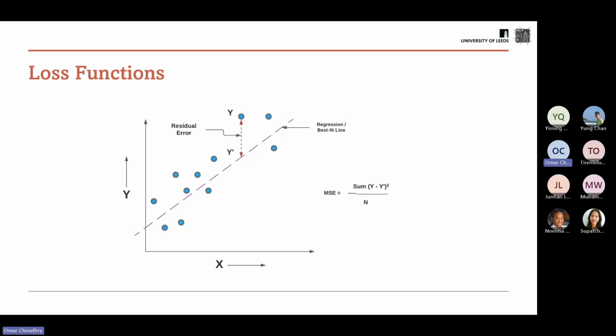Here's an example where the model is the dotted line, which I'm now coloring in red, and this is that best fit. If you look at all these data points, which are blue, the line of best fit is the one that's red. It goes roughly through the middle of all the points, and yes, there's some error. You can see this residual error where the blue is where the actual value is, but our model, because it's just a straight line, will just take the x value and give you the y value of the line. On the left side, we actually have its actual y value. So you see here that there is an error, and we want to be able to reduce that error. In this example, we've already got the best line, but the way that we do that is we use